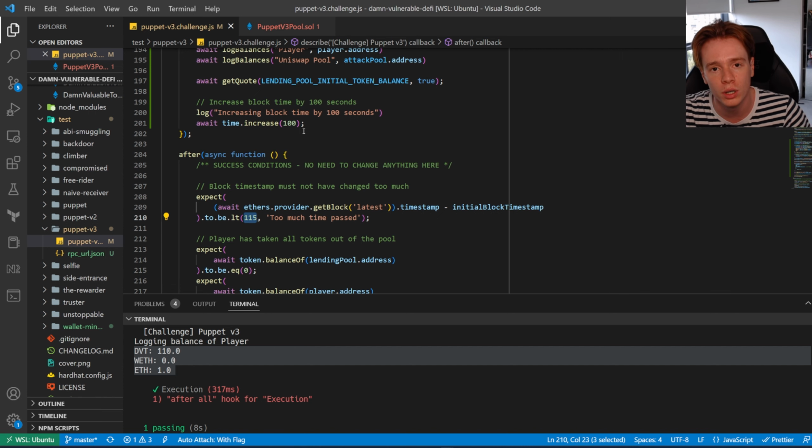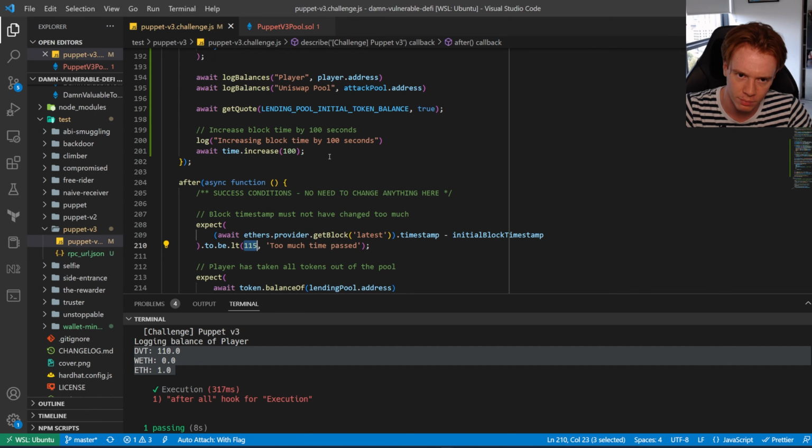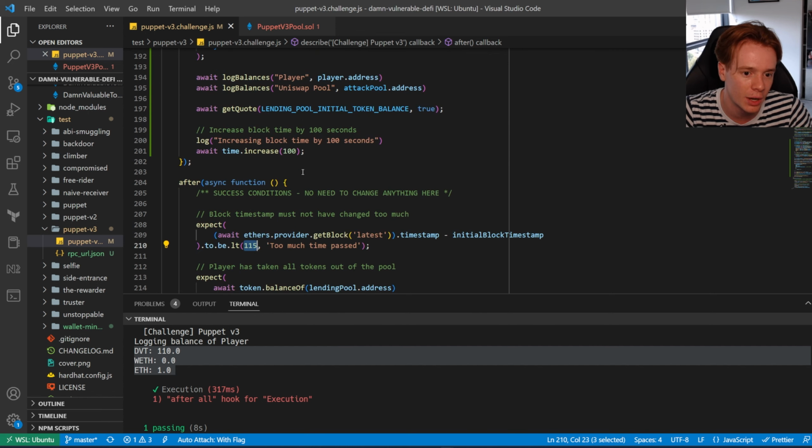approvals. We're doing quoting as well. I think that's actually not an actual transaction because that's a view transaction. But what that'll do is it'll increase the block count by a little bit. So if we just do 100, it should give us 15 seconds of buffer, which should be fine for us to actually go ahead with to reduce that price using that new weight from the new swap price that we've provided. Again, because we're providing 110 DVT tokens, it's going to pretty much empty the WETH in the pool. So it's going to heavily devalue it, like we did in the previous